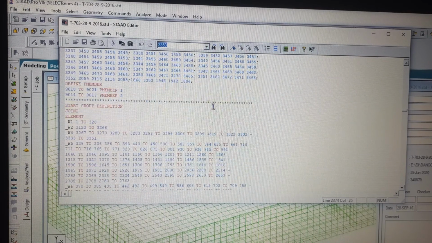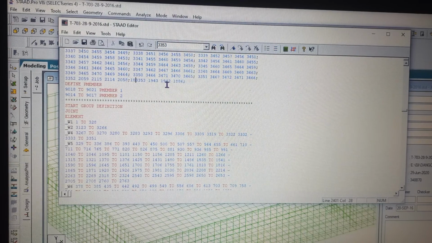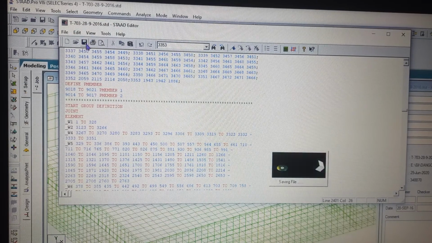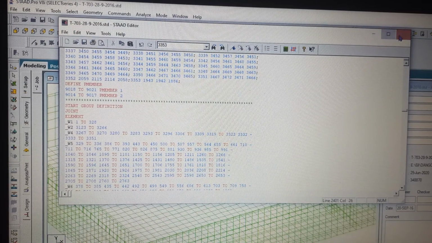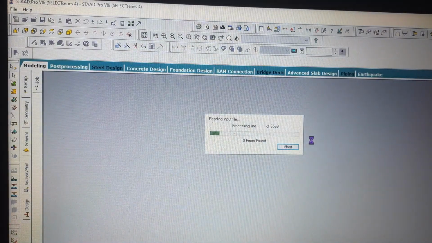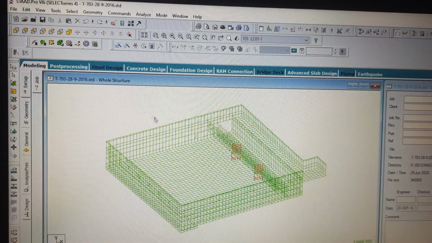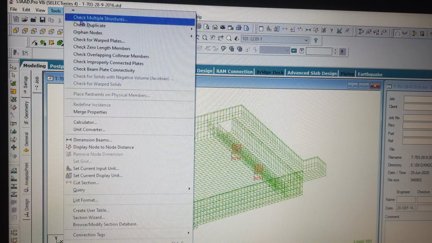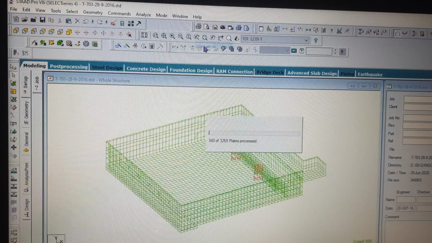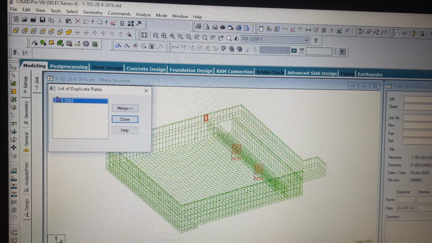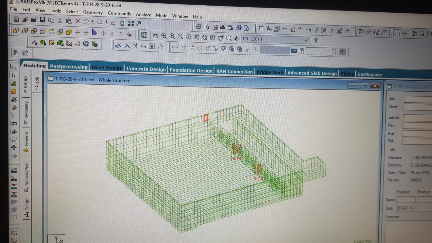So without wasting time, see what happened. Okay, I have deleted the previous plate number, that is 1866. Now it will be correct. Now if I go to tools and check duplicate plates, see, it shows you these two plates are duplicated because they use the same node numbers.